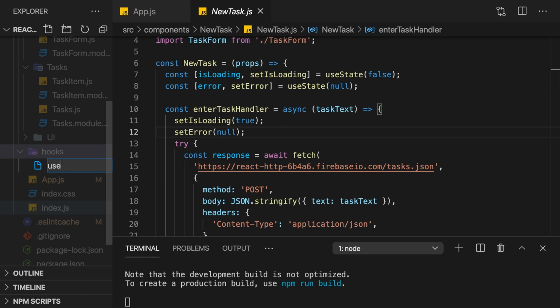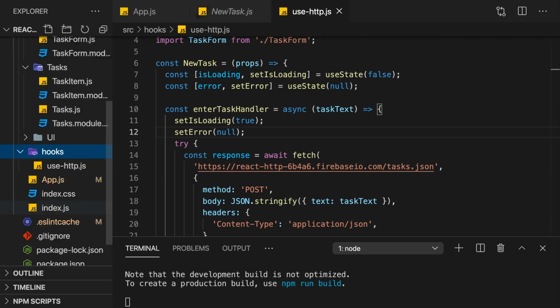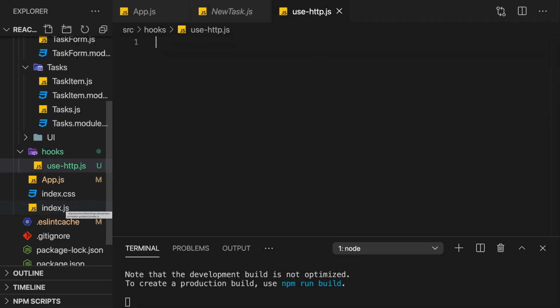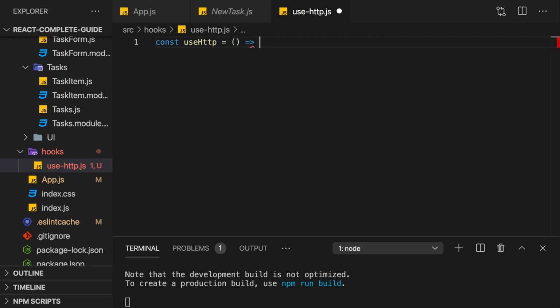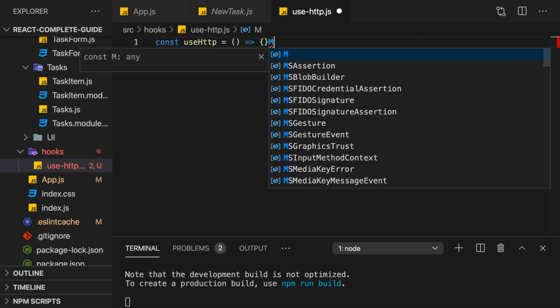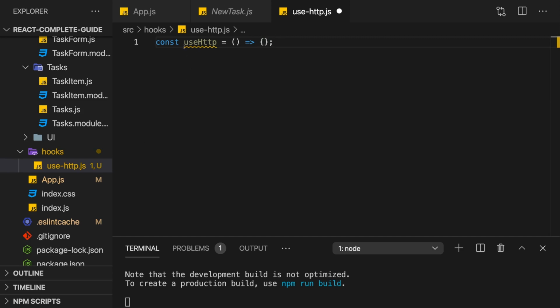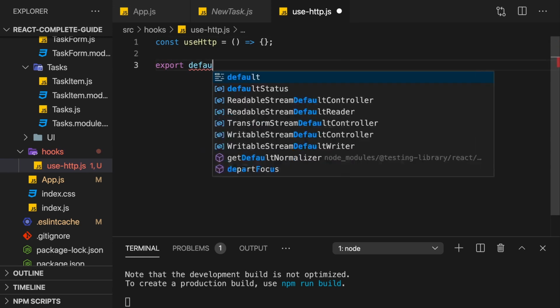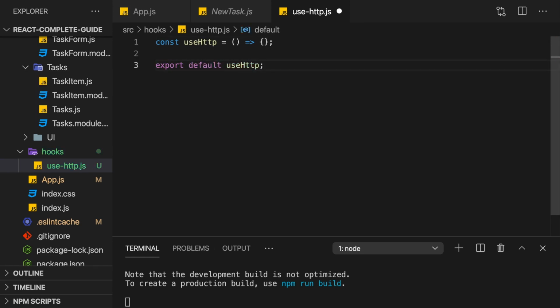And then add a new file in there, which I'll name use.http.js. Again, this name is also up to you, but since I will create a HTTP related custom hook in there, I think this is a fitting name. Now the hook function itself, I will call that useHttp, following this must-use pattern where your custom hook functions must start with the word use. And I will export this custom hook here